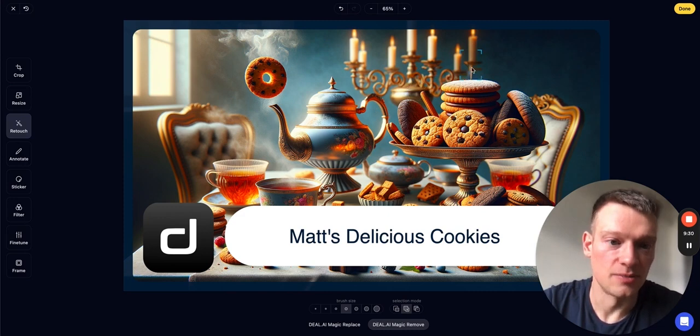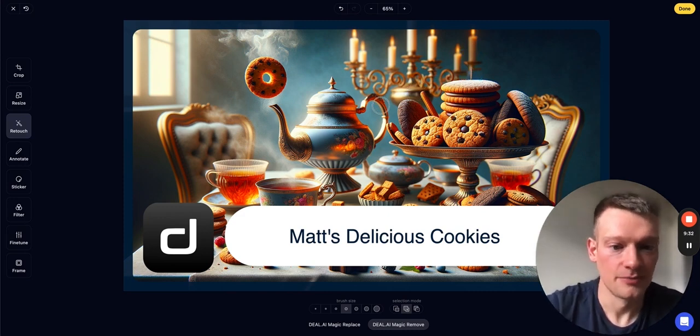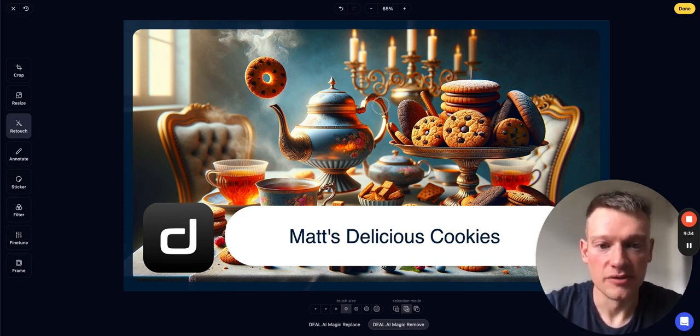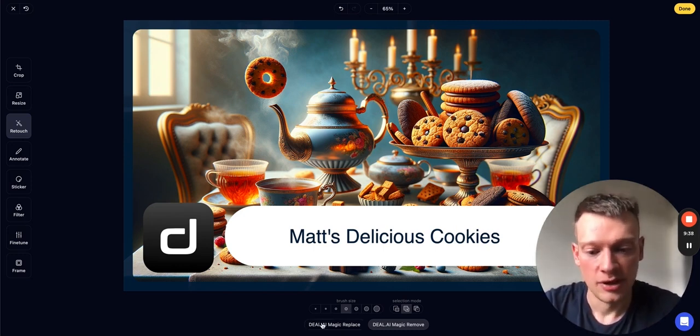And it's replaced it with what would have looked behind, which is the candlestick. So a really powerful tool in removing objects from your images that you don't want there anymore. Magic replace is